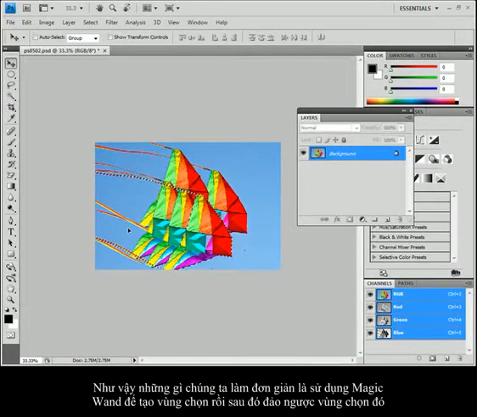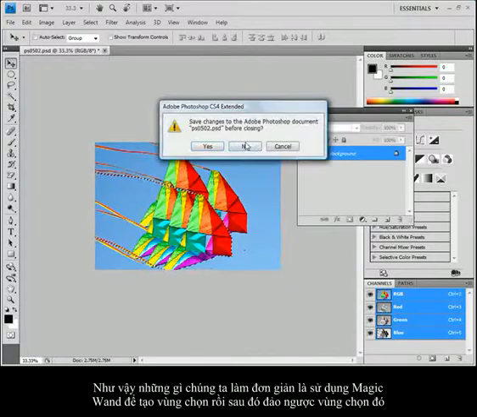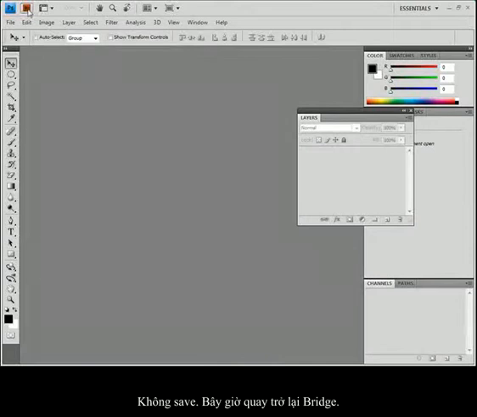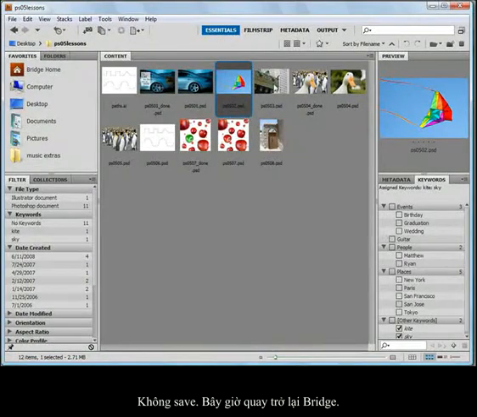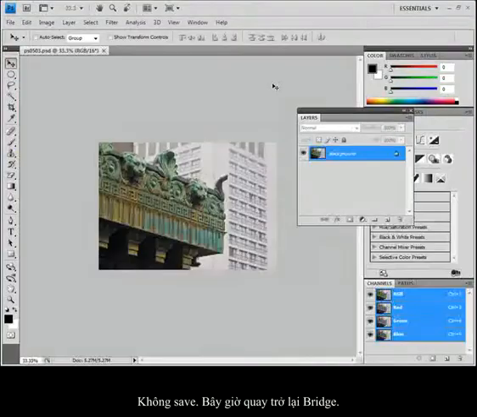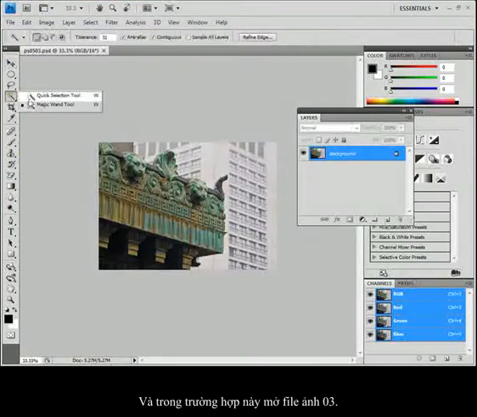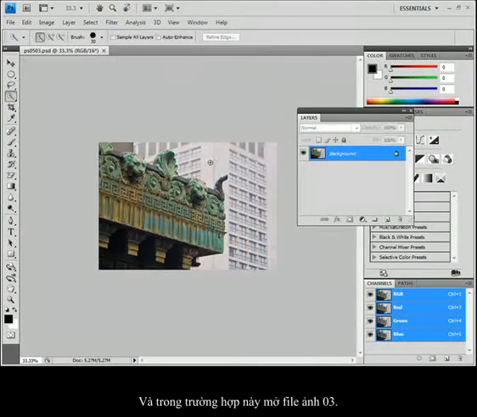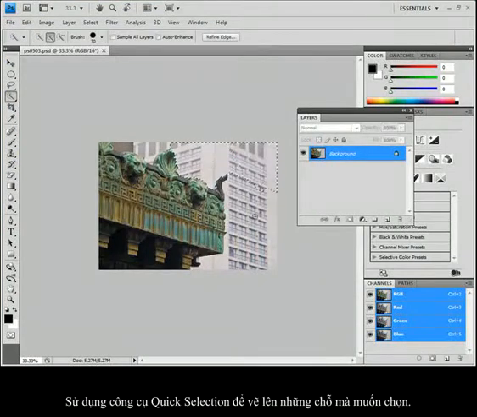But again, what I've done is I've simply used the magic wand to make my selection, and then I inverted it. Moving on. Don't want to save that. I'm going to go back into Bridge. And in this case, I'm going to go ahead and open up 03 image and use the cool handy dandy